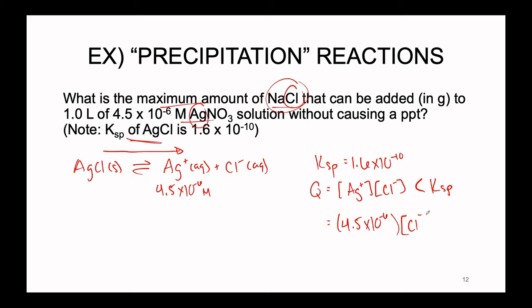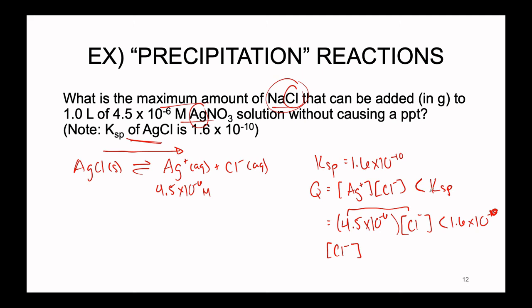Chloride is an unknown, and we want this multiple to be less than 1.6 times 10 to the negative 10. All right, so here now we can see that we do have one variable and one equation, one unknown. This unknown variable is the concentration of Cl minus at this point, like what is the highest that this Cl minus can be